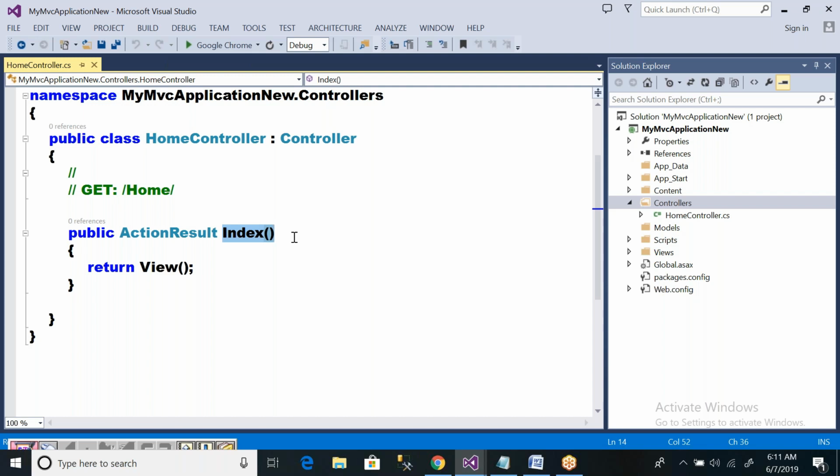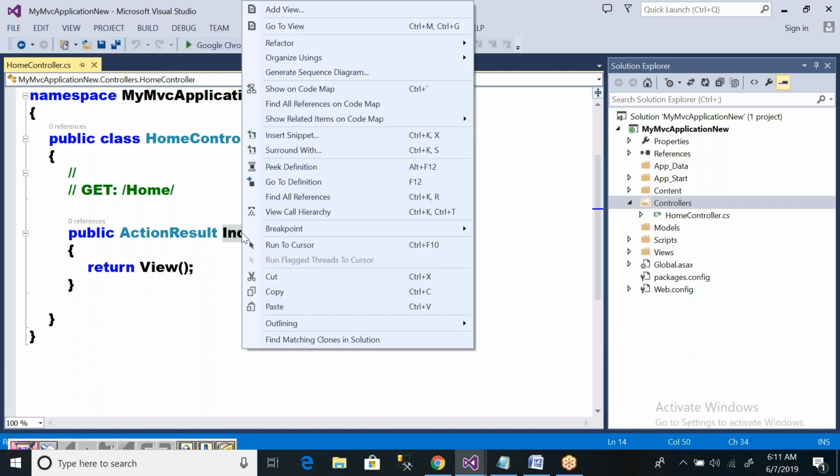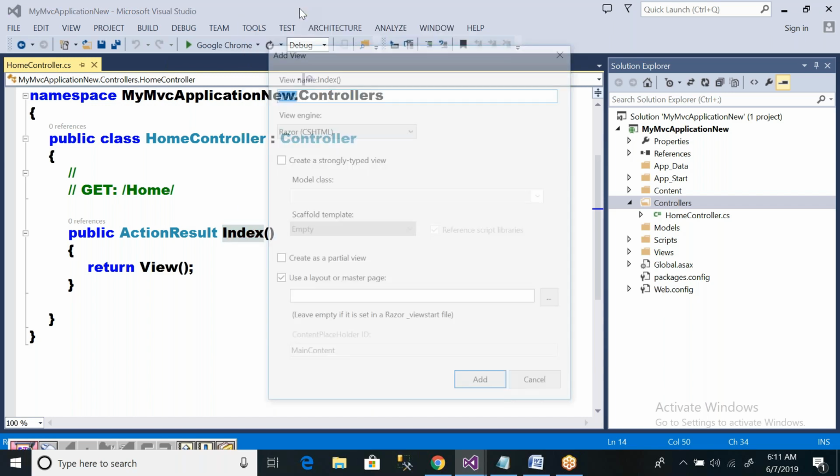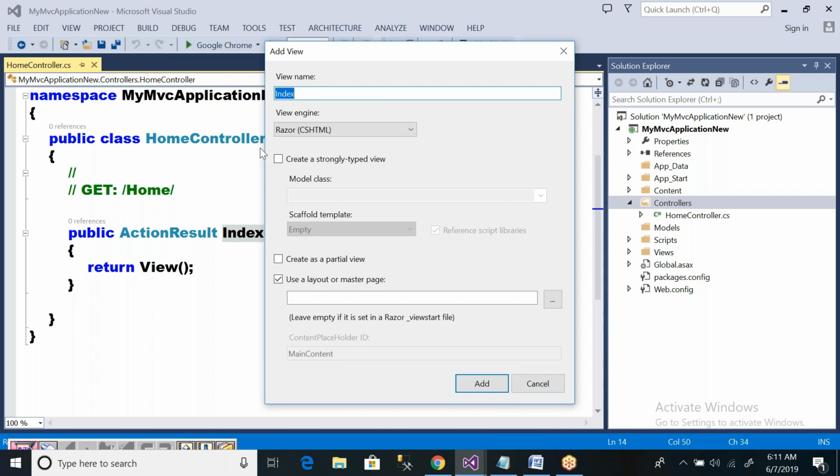Now here you have one action method. What is the name of the action method present? What is the method name, guys? Come on, index. Okay, so for this action method, I am adding one view. View is nothing but web page. Add view. So action method name and view name should be the same, though you can go with a different name, that is also possible. Right now, we will go with one web page view name, that is called index.